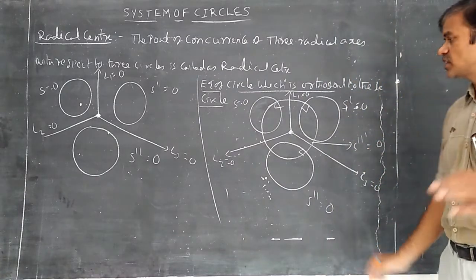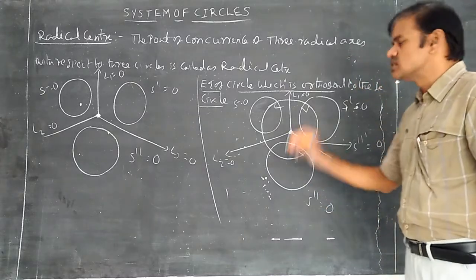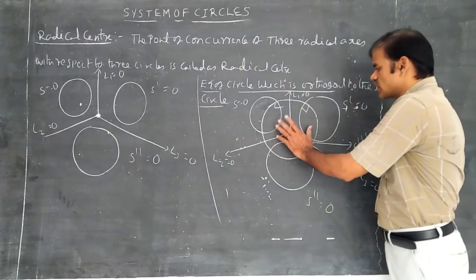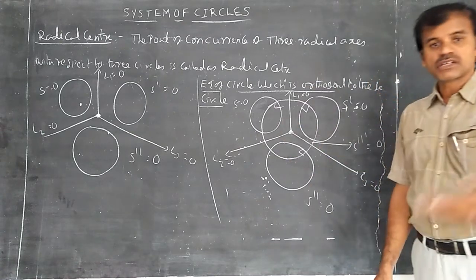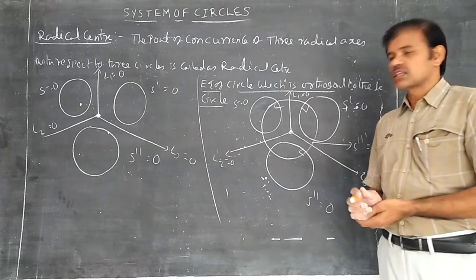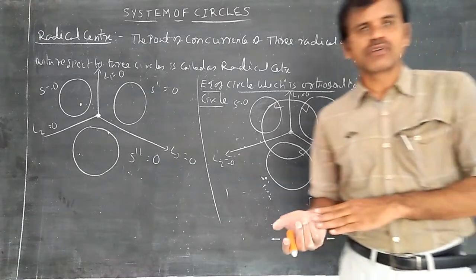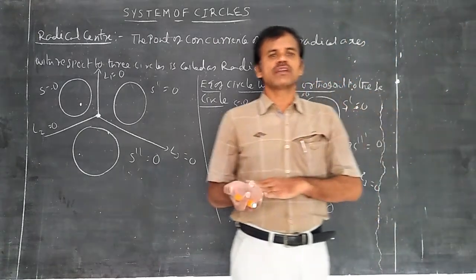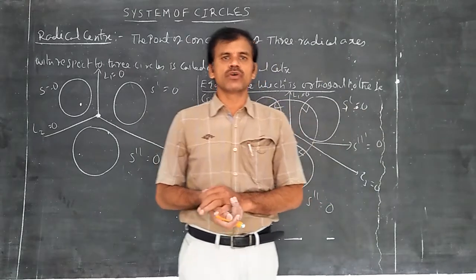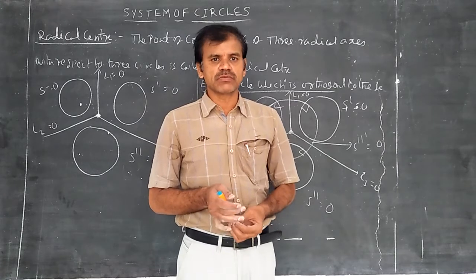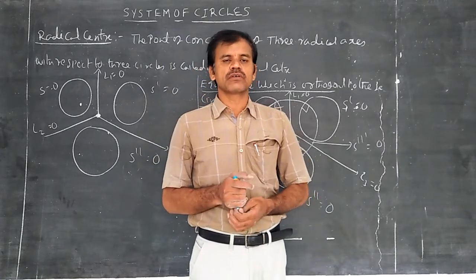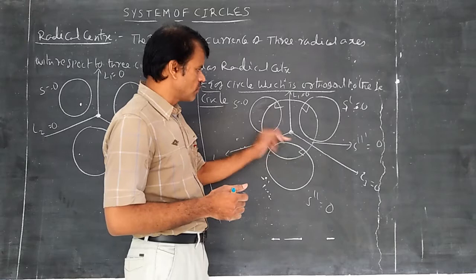Then you can understand here, this is nothing but the radical center. The radical center is the center of the fourth circle. Then what is the radius? We know that the center and radius are needed to calculate the equation of a circle. If we know the center h comma k, then r is also required to get the equation of the circle in the form x minus h whole square plus y minus k whole square equal to r square. So h, k we know. What is r?